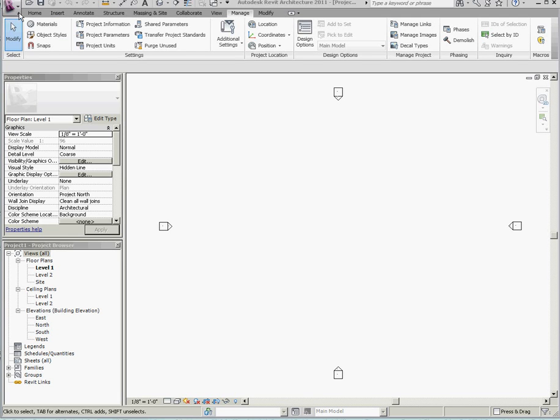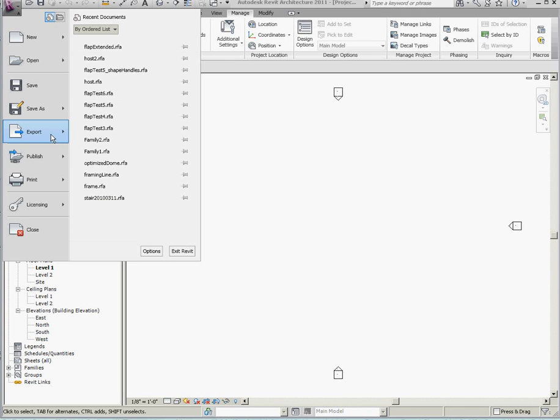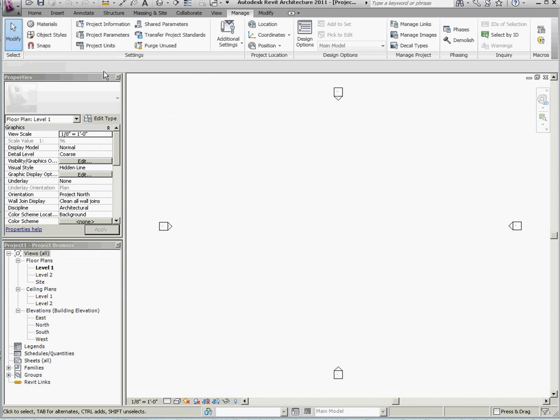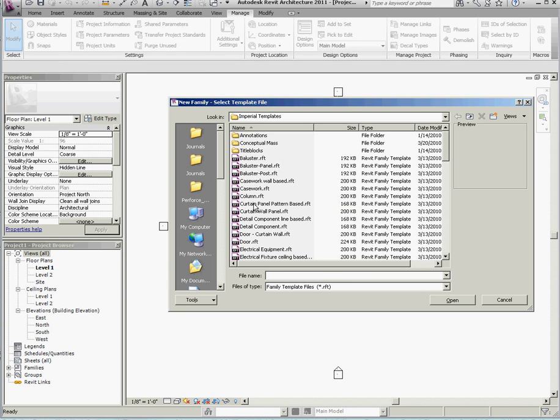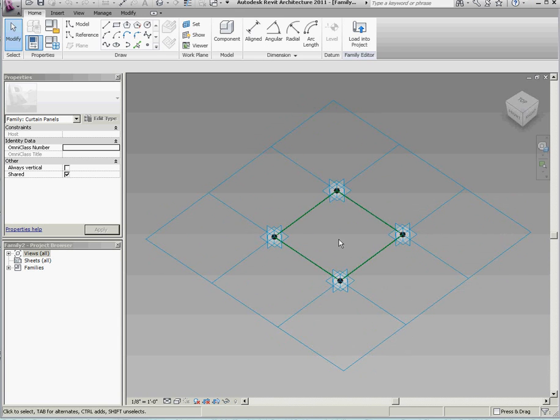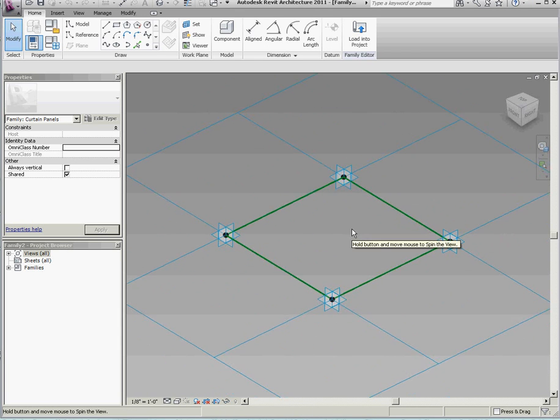So we're going to do a little exercise here to see how we can use reporting parameters with curtain panels. Now I'm going to make a new curtain panel pattern based. And one of the things that people have had problems with these is that unlike regular curtain panels, they don't